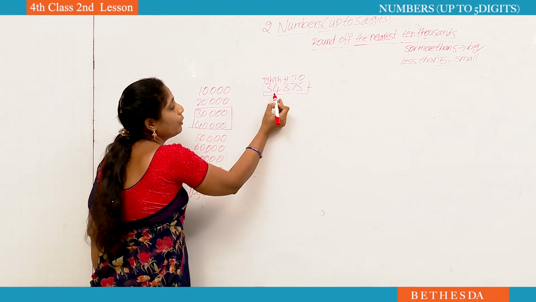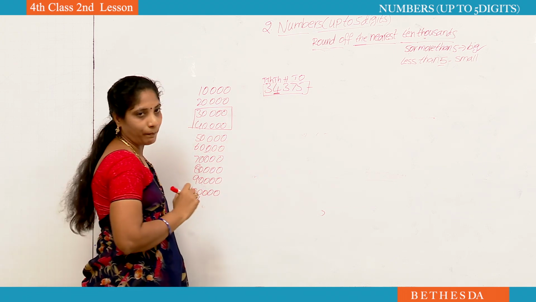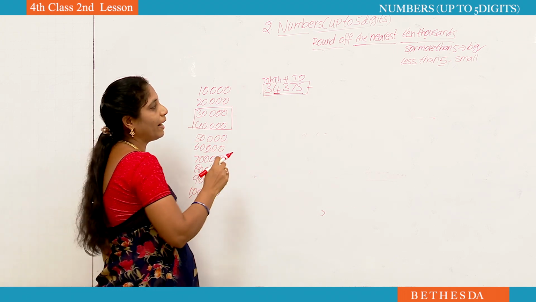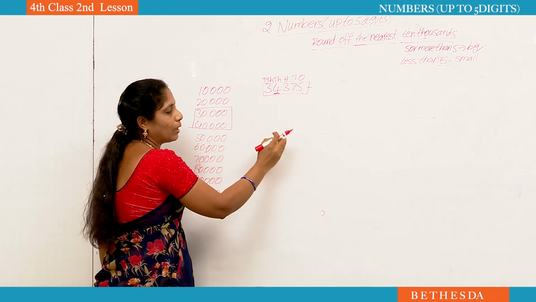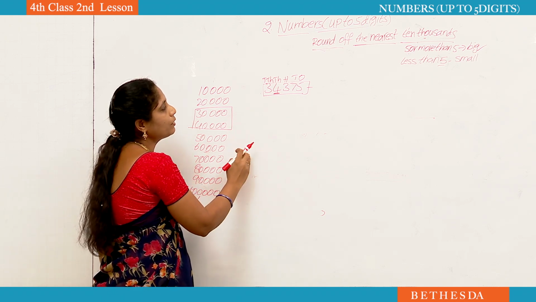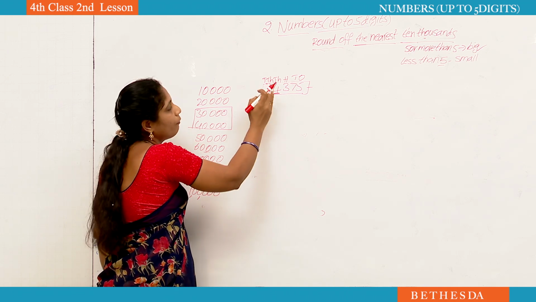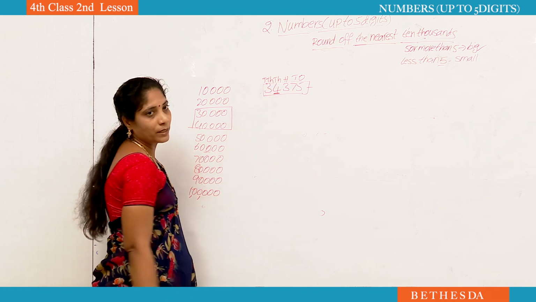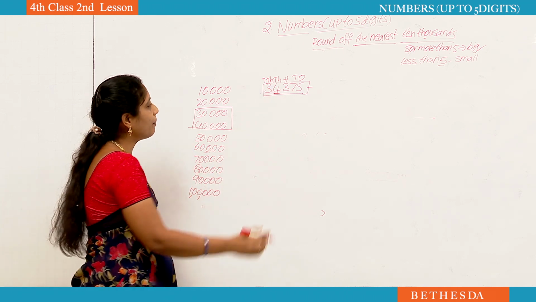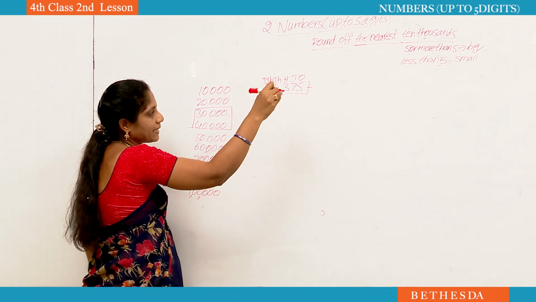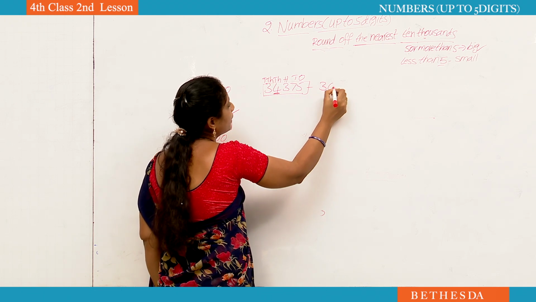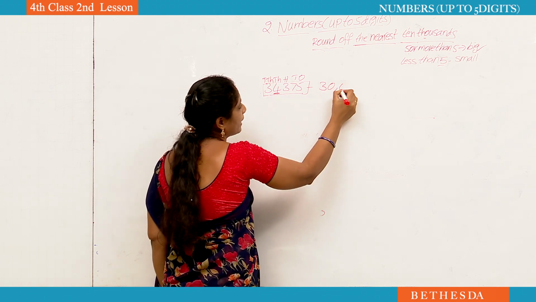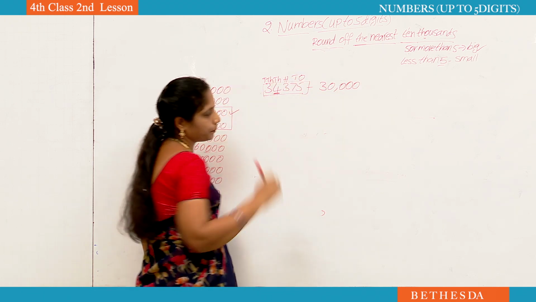For that we have to observe the thousands place number. To find the nearest tens we have to observe the ones place. For hundreds we observe the tens place. For thousands we observe the hundreds place. For 10,000s we observe the thousands place. The thousands place number is 4. 4 is less than 5, that's why we have to take the smaller number. The nearest 10,000 for 34,375 is 30,000.